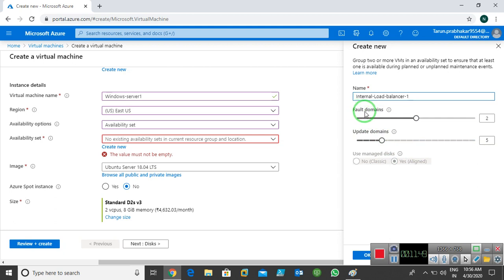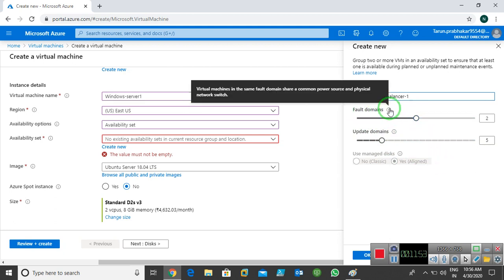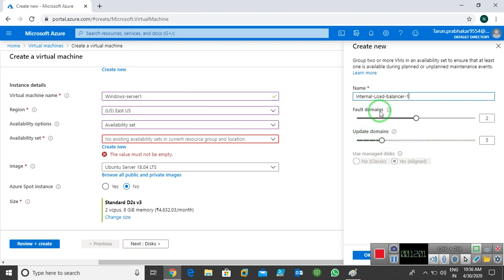So fault domain means virtual machines in the same fault domain share a common power source and physical network switch. The fault domain means the server where my virtual machine exists. By default we have 2 types of domains: fault domains and update domains.